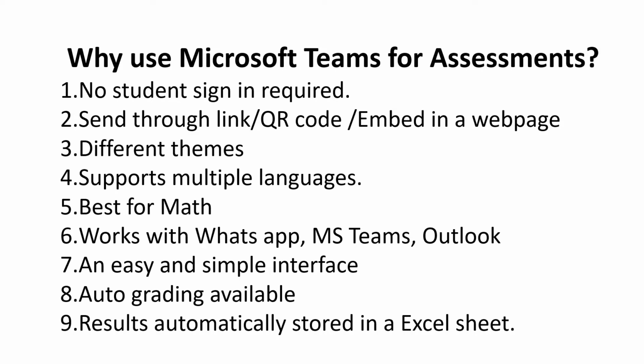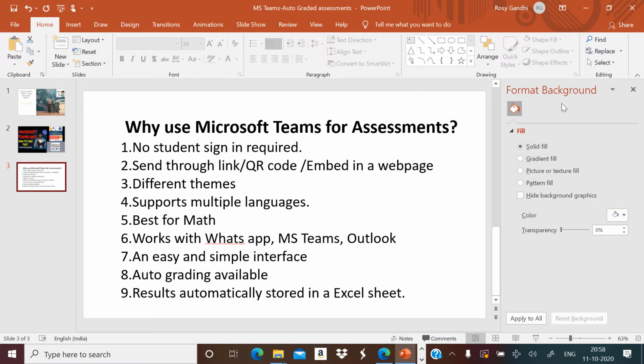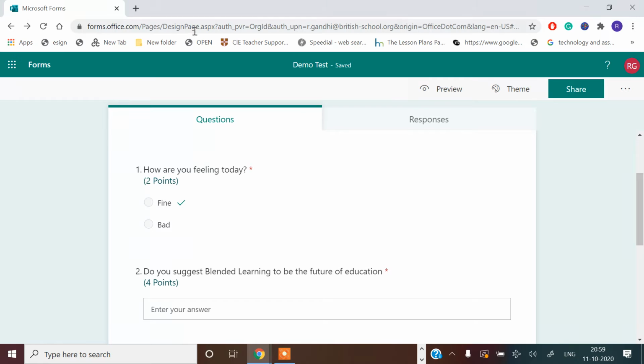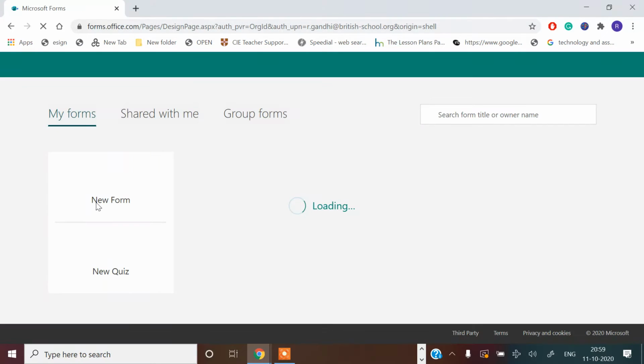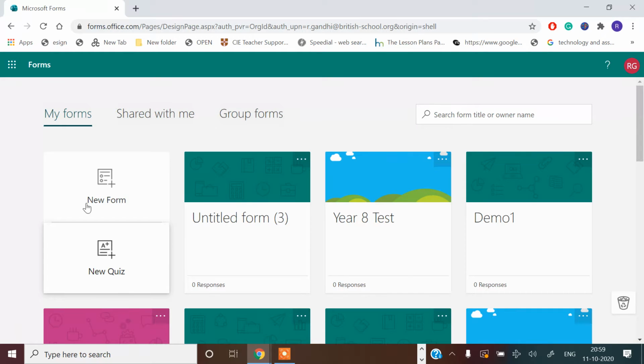So how do we get onto it? We just have to go to office.com. Here we are. Once you sign in, your option is available. I will just show you what you will get in the beginning. Two options, new form or quiz, and we've just learned form is only for collecting information. So we clicked on the new quiz.